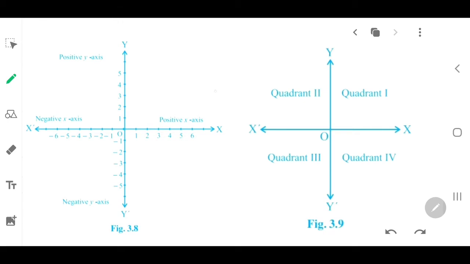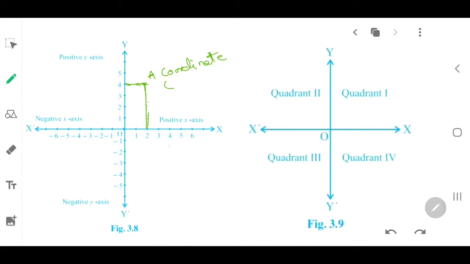Now, whenever we represent a coordinate, before that you should know what a coordinate is. Let us see. From the x-axis we have taken 2. And from the y-axis we have taken 4. Understood? So where these 2 and 4 join or intersect, this point we call a coordinate. So we can name it A. So we can call it a coordinate.